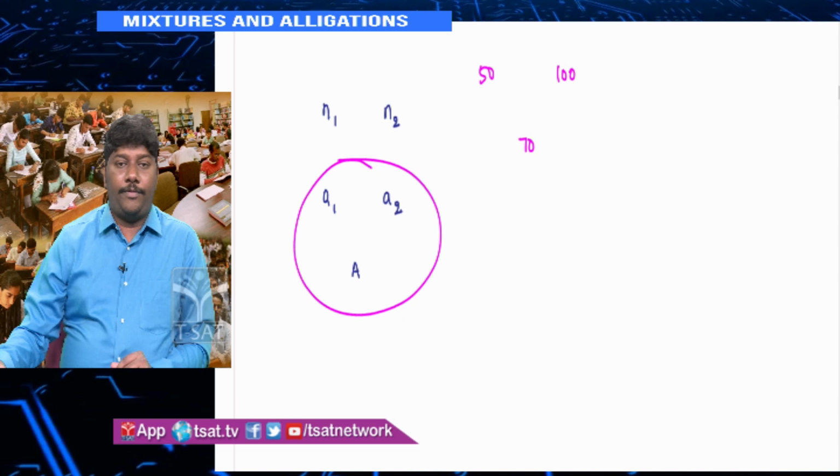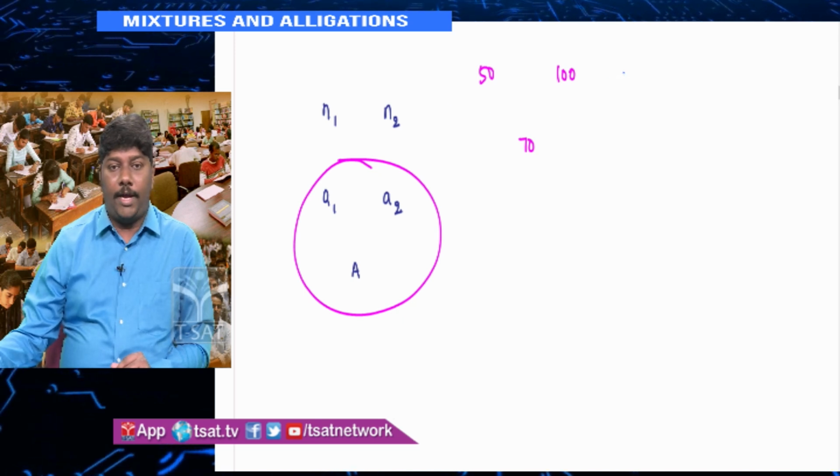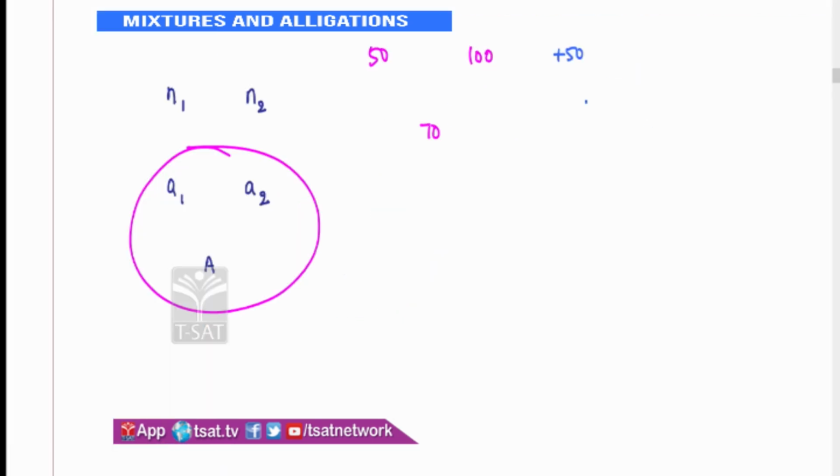Suppose I add 50 to every value, it becomes 100, 150, then 120. Has the ratio changed? This is 30, 20 only. So 3:2 only, the ratio 30:20 is 3:2 only. I am adding a value to every number, A1, A2, capital A, and it's not changed. You can add, subtract, divide and multiply. By adding, subtraction, multiplication, division, the ratio will never change. The ratio remains the same. But why am I telling you this?